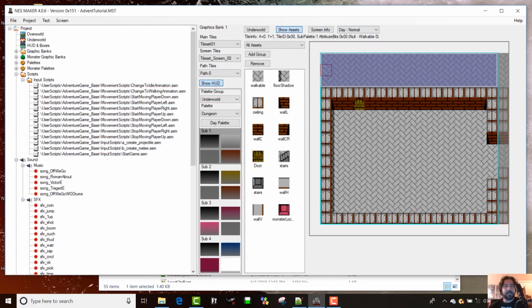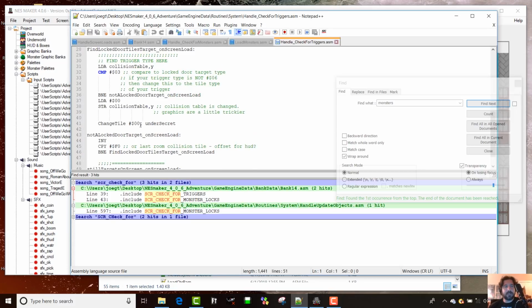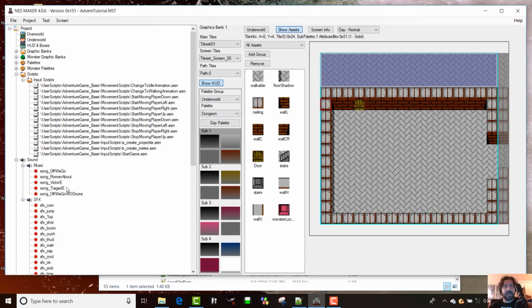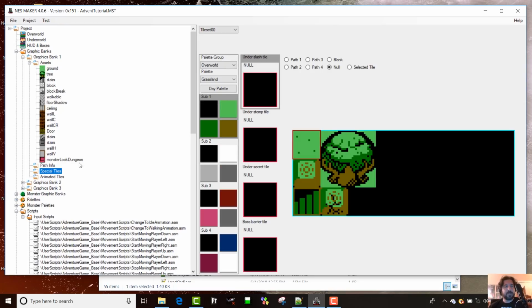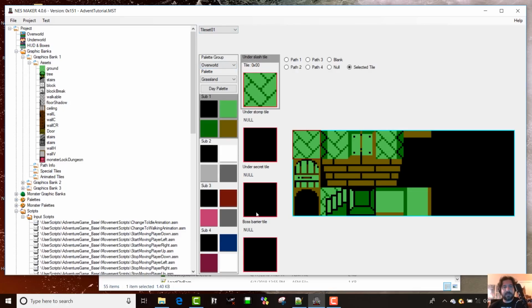Let's take a look real quick at the code. What is it trying to replace this with? If I look, it wants under secret. That's what this under tile is for a locked door. So if I go back and I go to my graphics banks and I go to special tiles and I look at under secret for tile set 1, you can see I don't have anything for under secret. So what I want is I want it to be this open door. And so now that I've got that set, if I go back in,